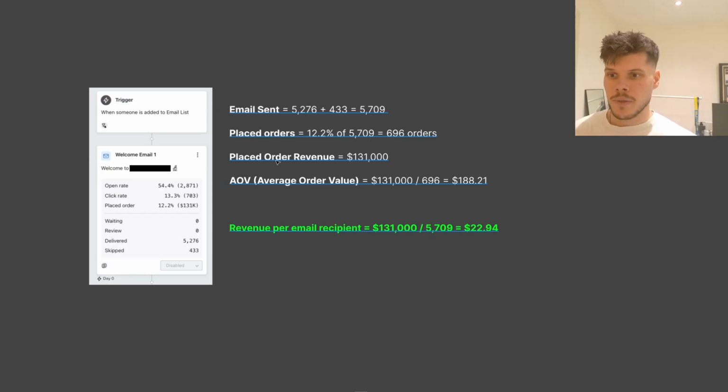And then we're going to take the placed order revenue that I just mentioned, which was 131K. And we're going to work out the average order value. So we're going to divide that 131K by 696. And so we get $188 from this. So we can go even further than this though and work out the revenue per email recipient. So we can actually take that 131K, divide that by the total number of emails sent, which again, 5,709, and that equals